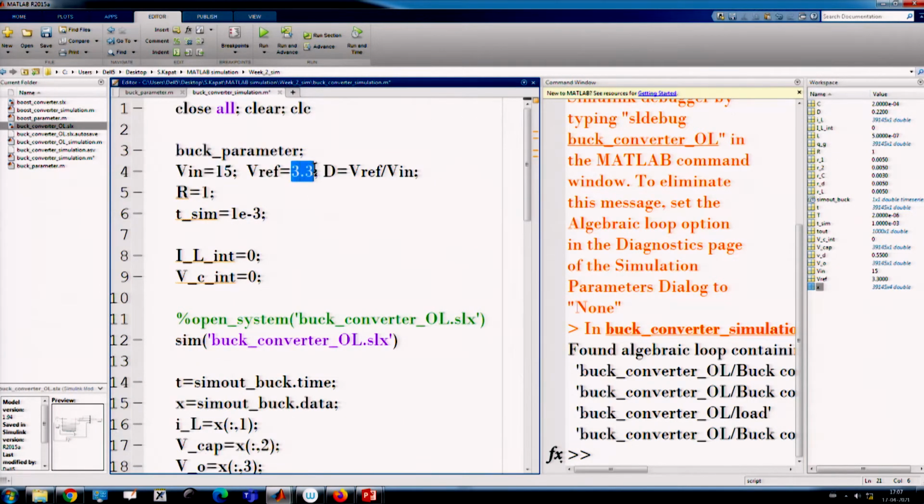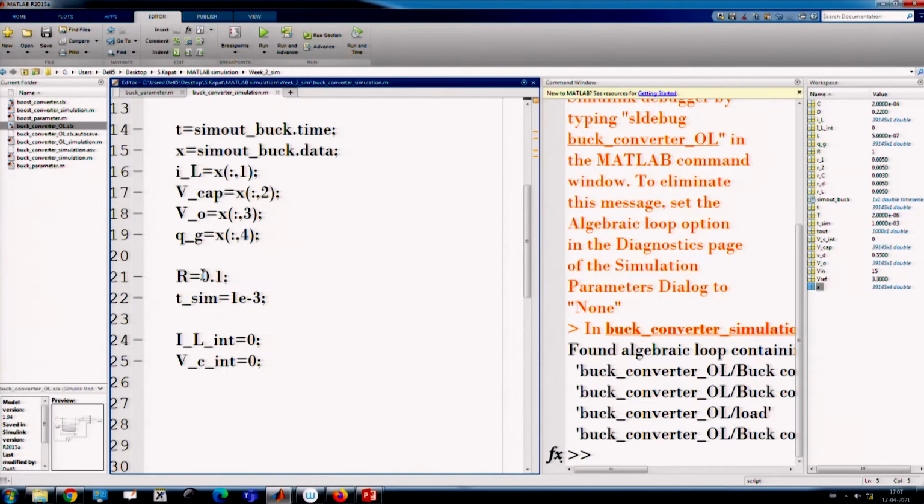The input voltage is 12 volt, and the desired output is 1 volt. So we set the duty ratio as per open loop, but we can change it, and we set the initial load resistance to be 1 ohm, but now we want to make a load transient. The load resistance is changed from 1 ohm to 0.1, so the load resistance decreases and the current should increase. But now we can run this simulation again.